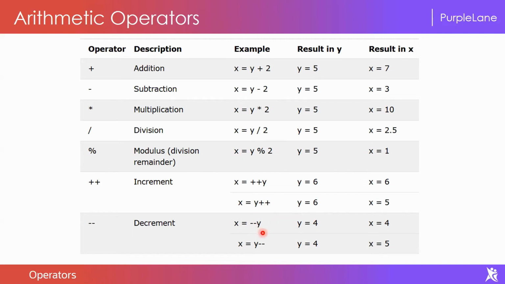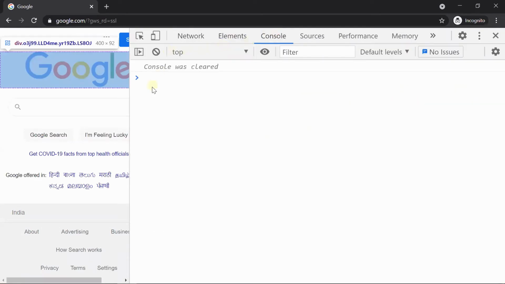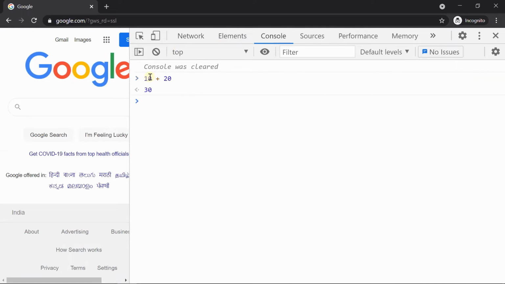Now let's jump into the browser and explore all of this with the help of examples. Here I have the Chrome browser. Just go to inspect. Just 10 plus 20, 30.